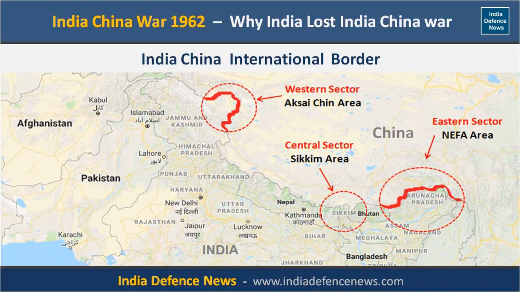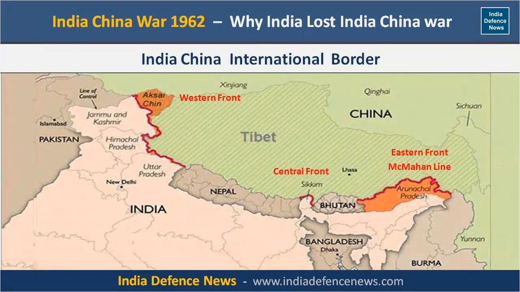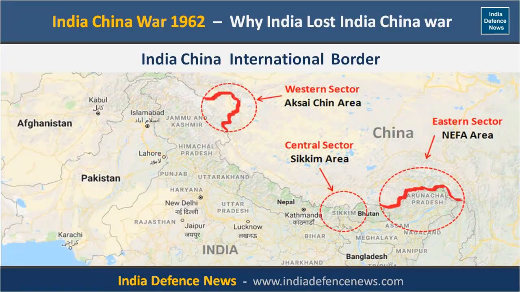The central sector, along the Sikkim, and the western sector, along Aksai Chin Area. Inspired by the success in illegally capturing Tibet, China's next target was India. India became relatively a soft target, due to weak Indian leadership and the ill-equipped Indian army. China illegally captured Tibet and also claims the Indian territory of Arunachal Pradesh, NEFA region, as a part of South